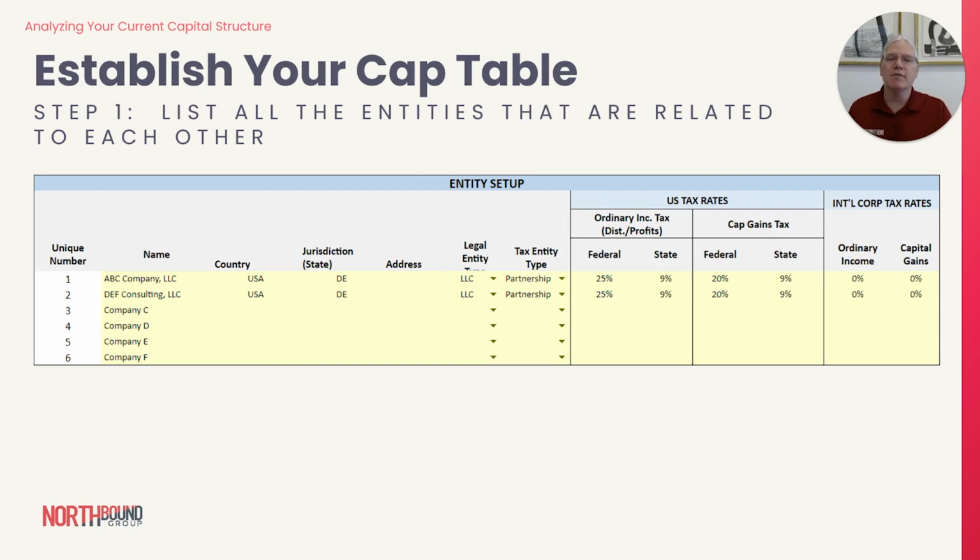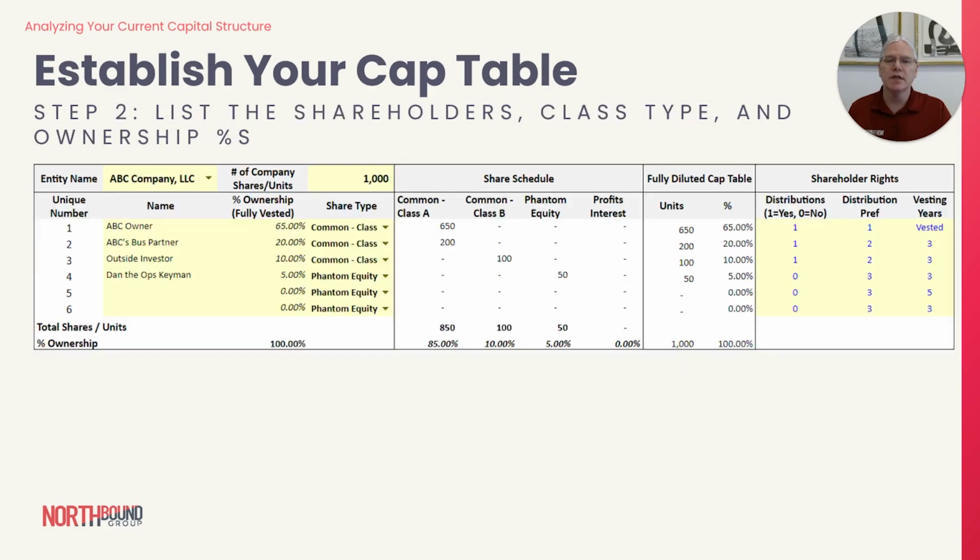And then after you have all of those entities that are listed, you go into each one of them and you outline the current capitalization table of the particular entity. So as you can see in this one, ABC Company LLC has 1,000 shares or units if it's an LLC, and you're the main owner, ABC owner, who owns 65% of the business. You have a business partner that owns 20%. There's an outside investor that came in for 10%, and Dan, the ops key man, is in for 5% of